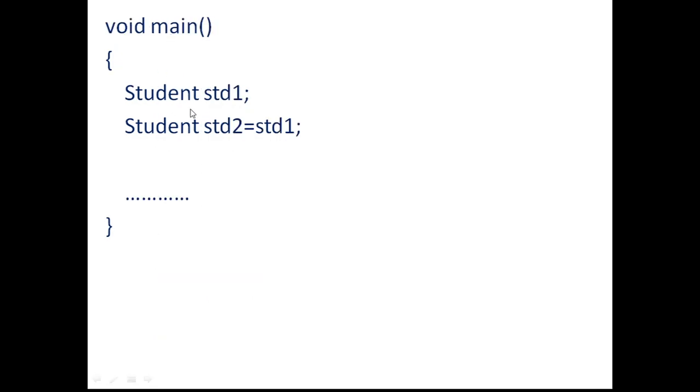So here we have the second situation. We create an object as std1, and after that, what happens? As usual, the constructor gets called here, and in the next line we create the second object, which is std2, and we assign std1 to that.